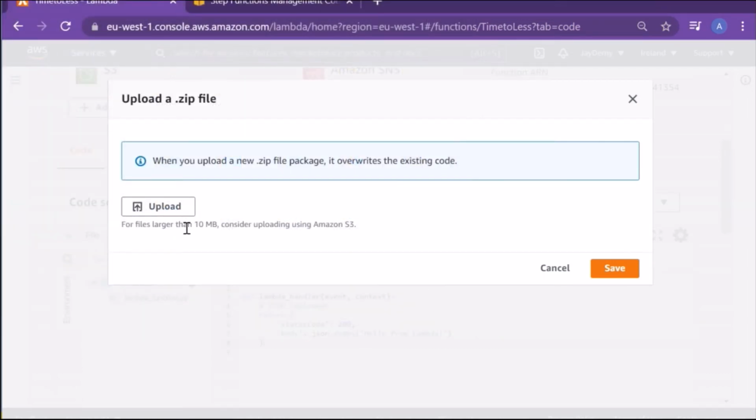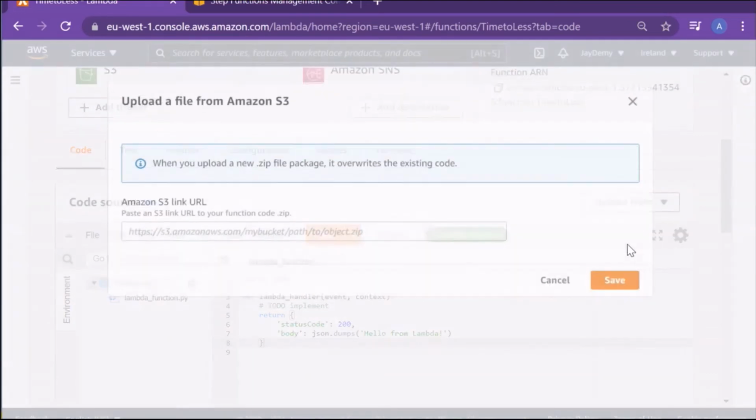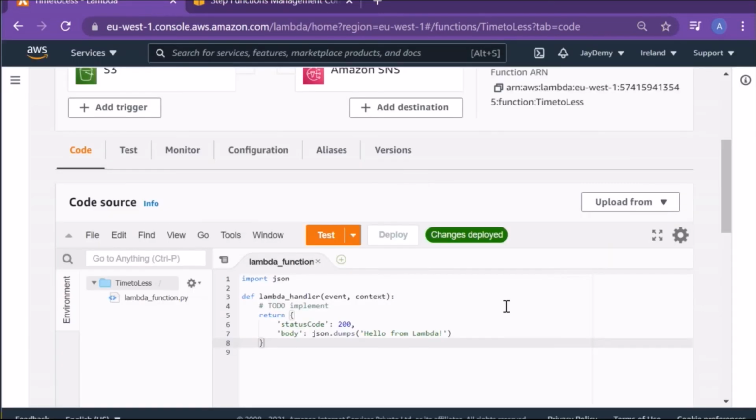See, for files larger than 10 MB, consider uploading using S3. That means this is only for zip files up to 10 MB in size. So with upload from Amazon S3, I give the path of my zip file, where it is more than 10 MB, and it will invoke from that specific S3 location.